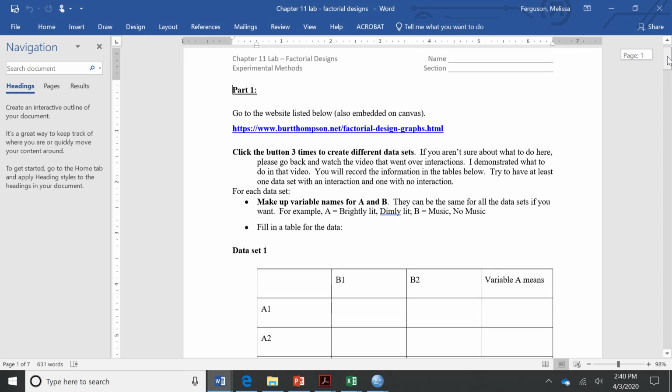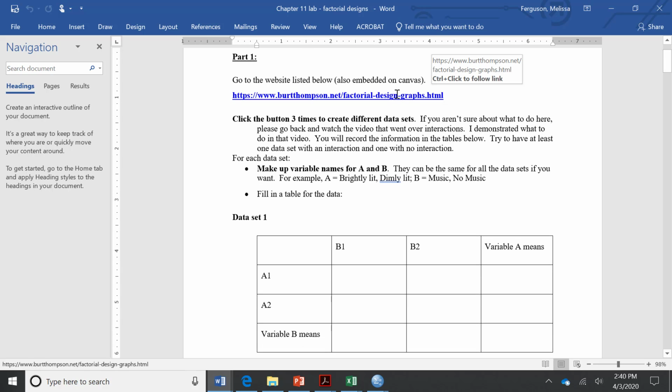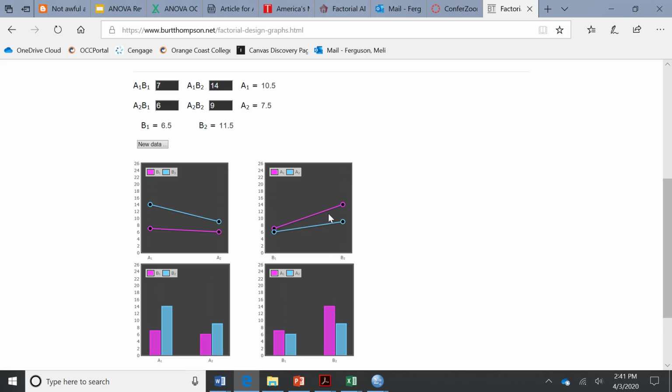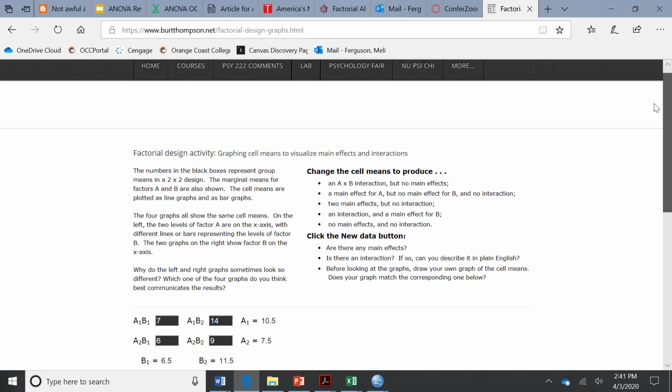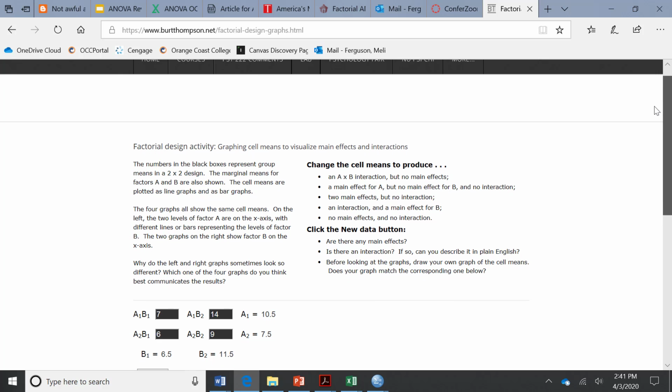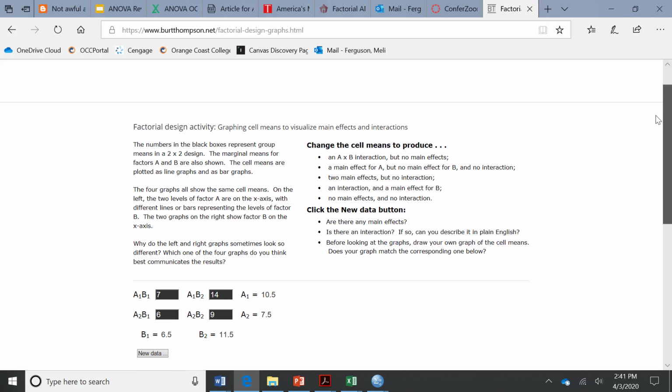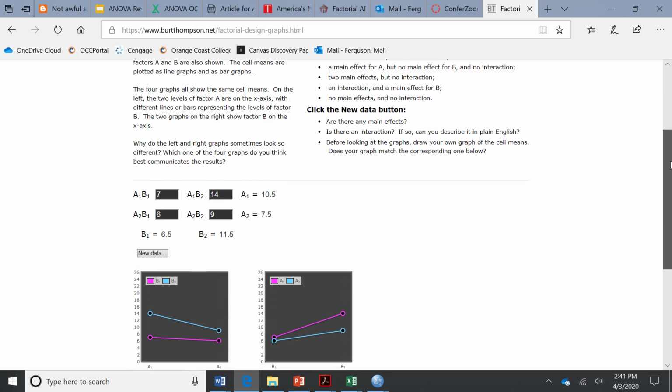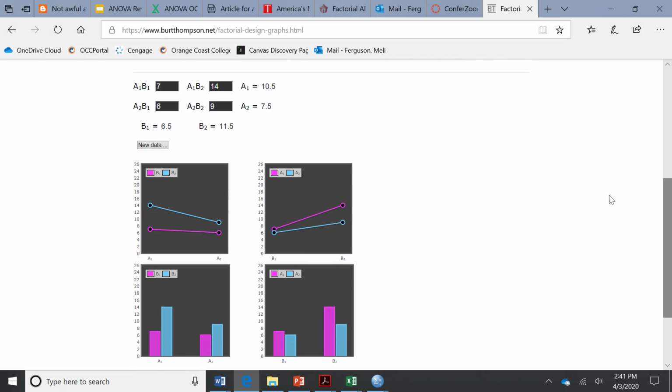So this is your lab, and you're going to be asked to go to this website. And when you go to that website, right here, this is what it looks like up at the top. And it gives you some explanations, and go ahead and read through that because it'll be very helpful in completing the lab. And then you'll come down here and you want to have it look like this, and you're going